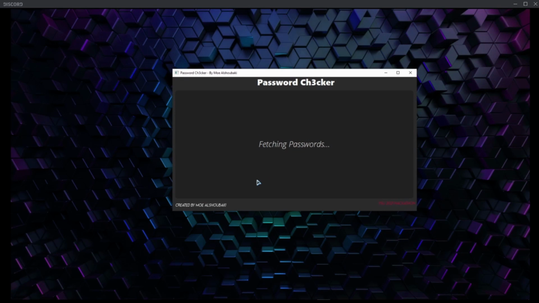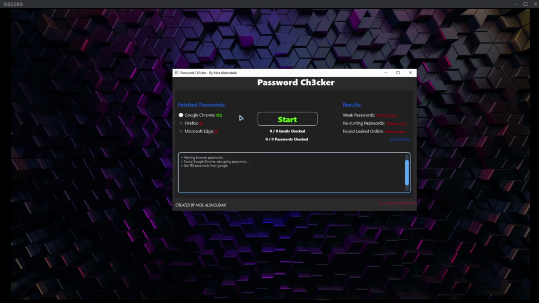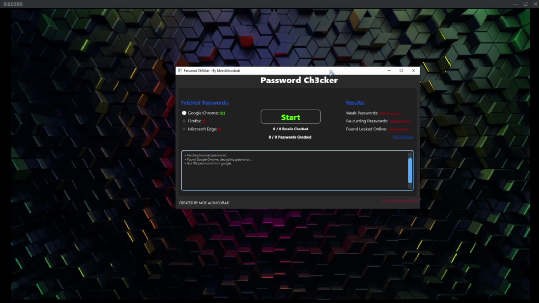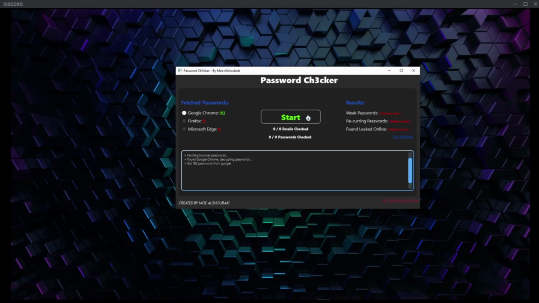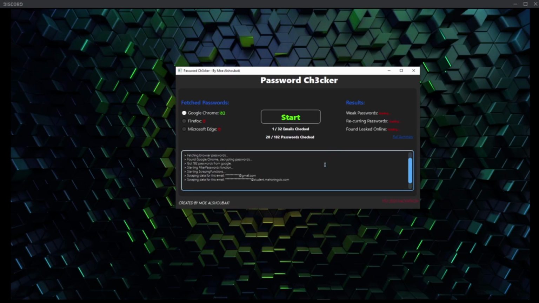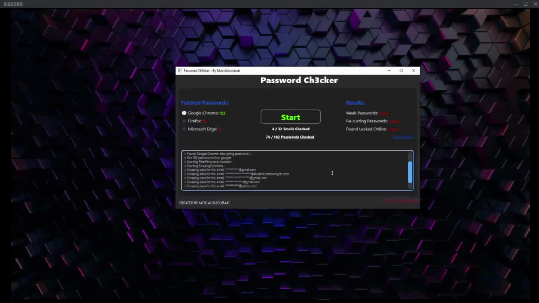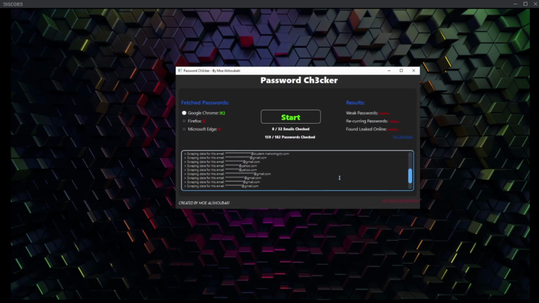Here it will fetch the passwords, grab them all, put them all in one spot, and there we go. On the side, you can see I have 182 Google Chrome saved passwords, and it's saying it's ready to start checking and scraping to get the return data and see if there's anything leaked. So I'll demonstrate that right here. If I press start, I censored the emails because there will be passwords shown, and obviously I don't want to show that. But as you can see right here, it's going through the emails stored in my Google Chrome,